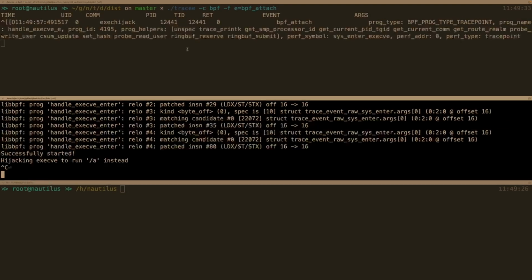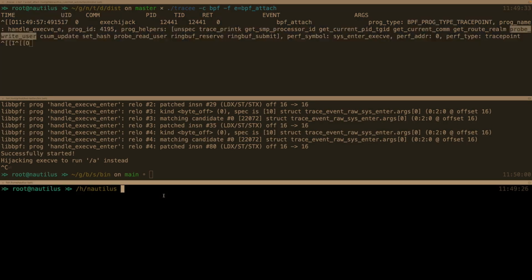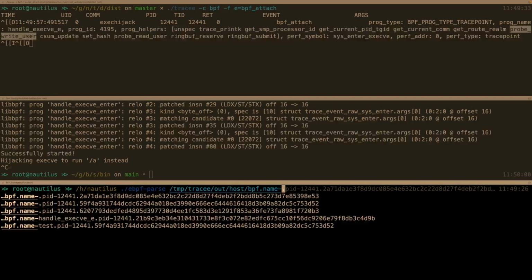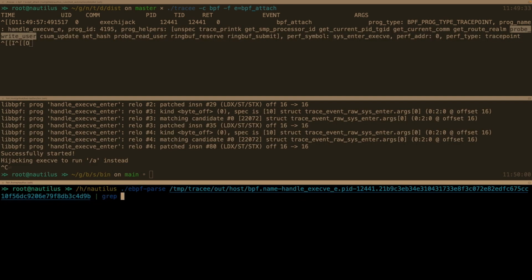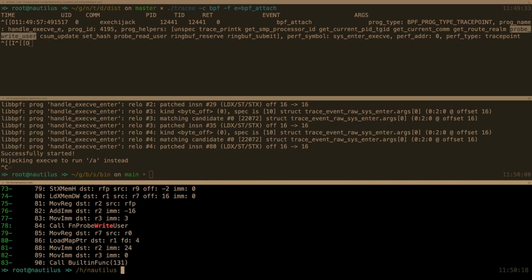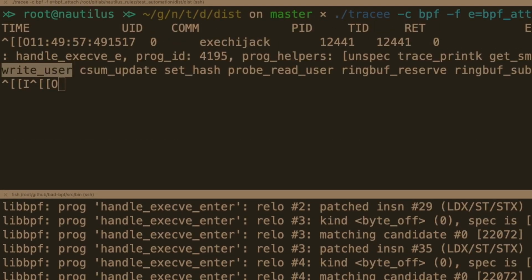But what's important is we're going to see below, in the screen below, I'll zoom out in a second, that we were able to capture the bytecode itself, and we're going to prove that it's really the bytecode. I don't know if you can see, but we have our path where Tracee is saving the bytecode, and we've written a simple Go program to disassemble this bytecode, and we can see that this is really bytecode, and it uses the right helper, which is also stated up here, so we can see it's the same one.